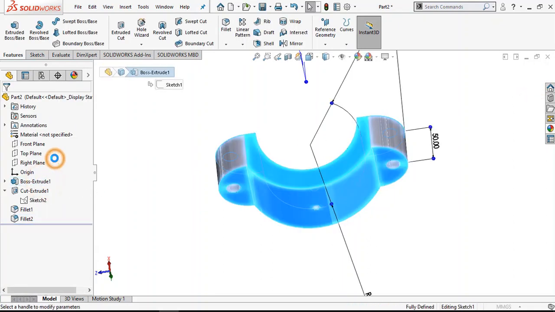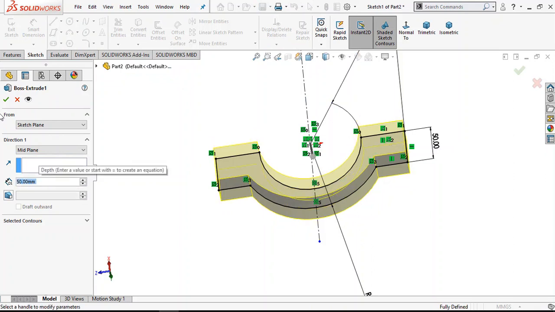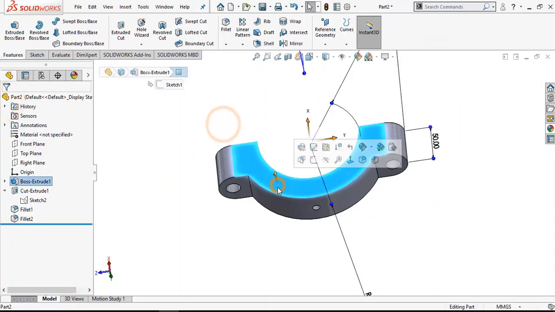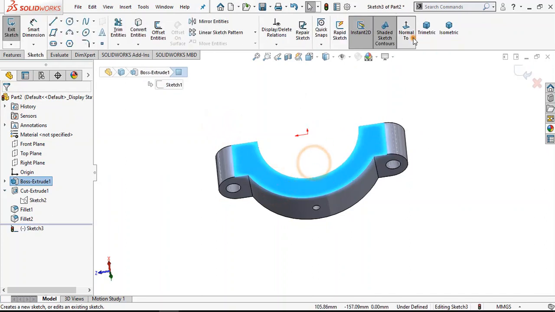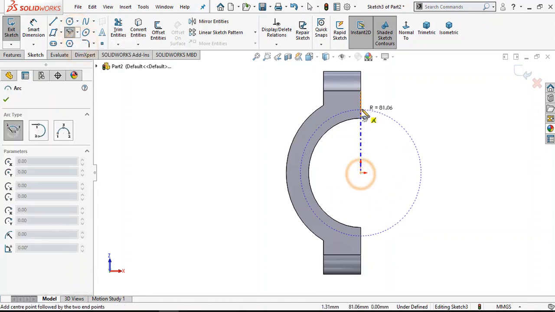Okay, first select edit this first boss extrude, make it up to 50 mm only, and select this face sketch normal. Select center point arc.